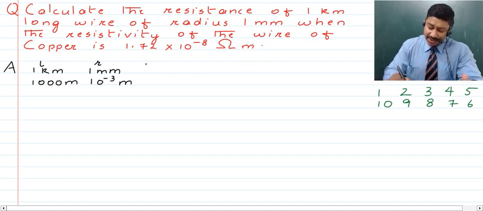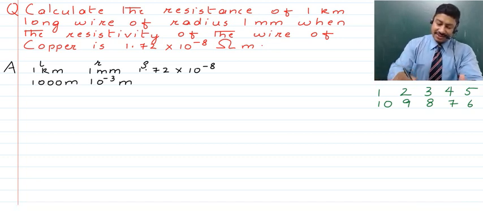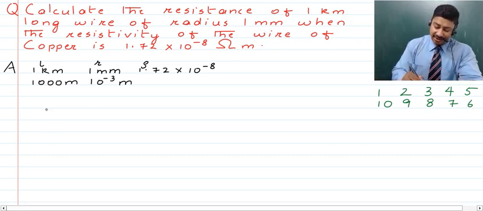And the resistivity, as you know, we will write it with rho, and its value has been given to you as 1.72 into 10 raised to the power minus 8, right? This is in the proper SI unit, so we don't require to write its unit. It is understood. Now children, as the resistance is required, and you know that if we talk about the formula